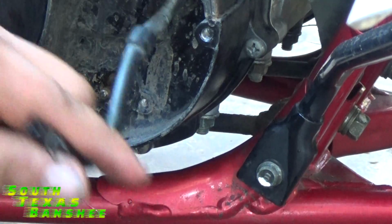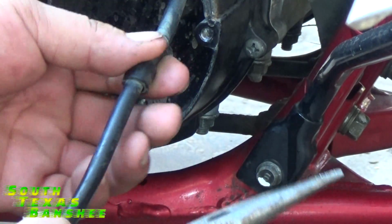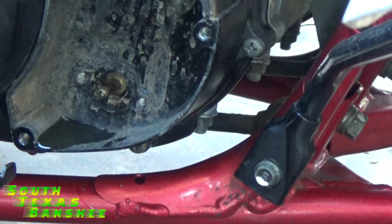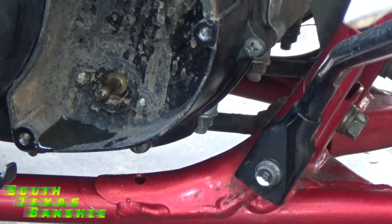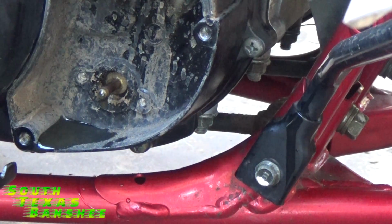Okay, and then you can either clip this hose off right above this little deal here, or you can just clip it up here and take it out of there, because you're not going to need that anymore. So I'm just going to clip it, pull it out of the case, and then you see here we have oil dripping. So the way you plug that up